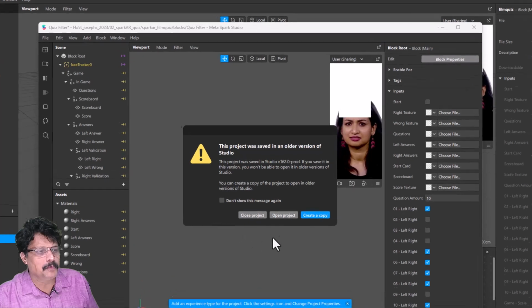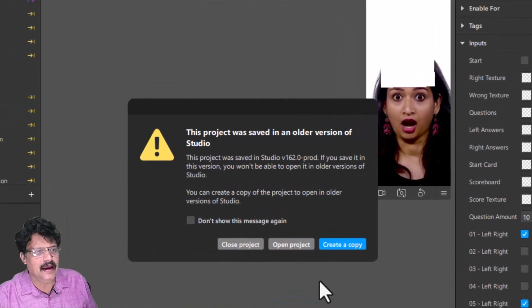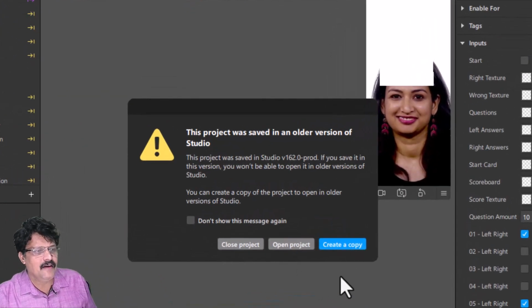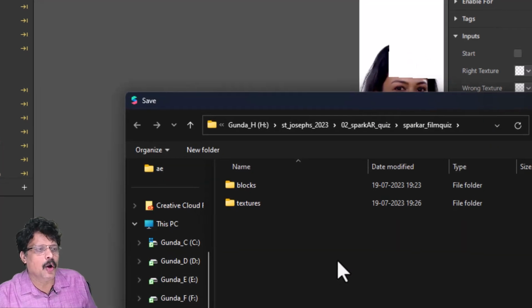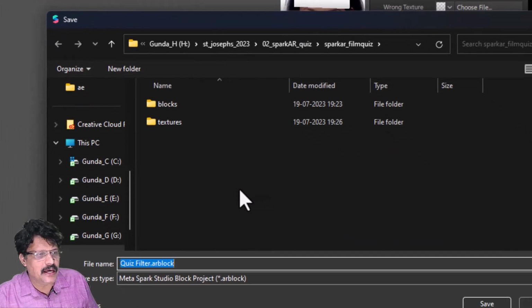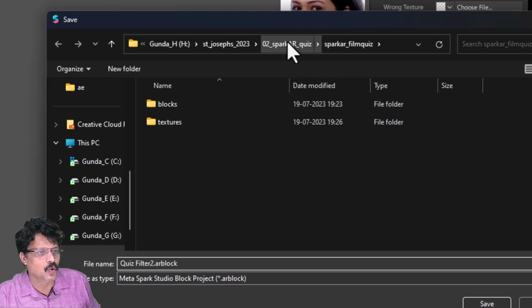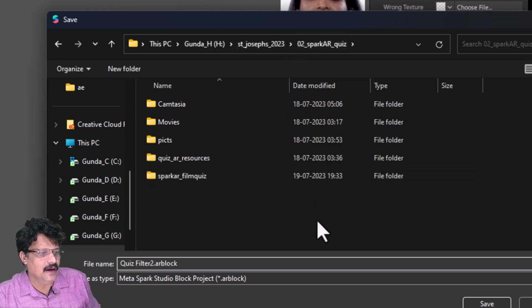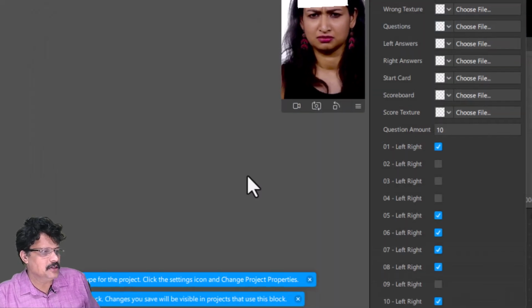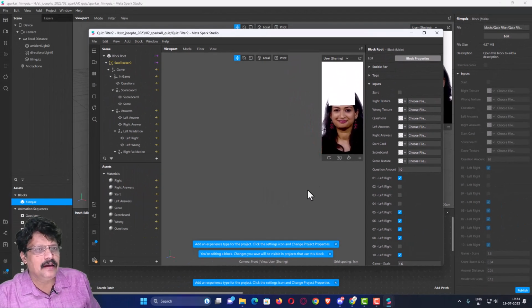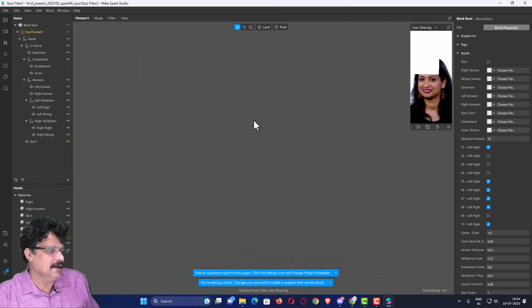It has 2 options here, open project and create a copy. For the safer side, I will choose create a copy, and I am going to save this with a new name. I will name it Quiz AR Filter 2 and I will save it somewhere. I am just going to save this, and now in this new file that has been opened,